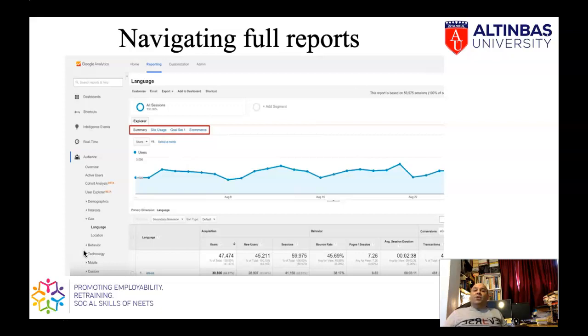When you open up the full report, you will see the links underneath the segment picker that control the different types of data in the report. The summary view is a summary of the dimension categorized by acquisition, behavior, and conversion metrics. This makes it easier to interpret these metrics in the context of the marketing funnel we have already discussed in the first part. Site usage shows behavior metrics like sessions, sessions per user, new users, pages per session,